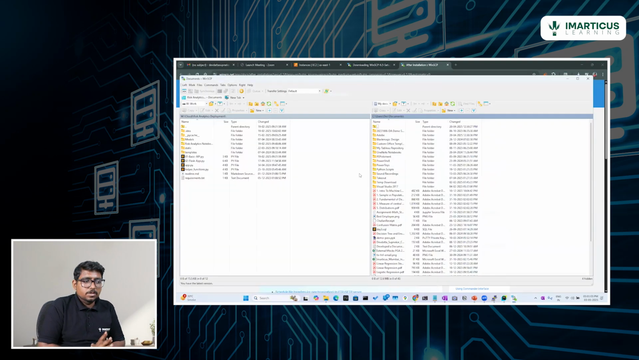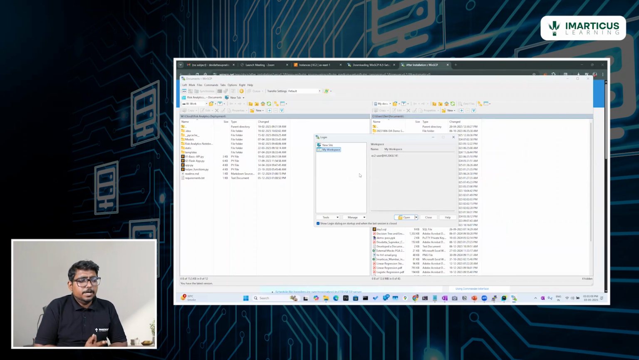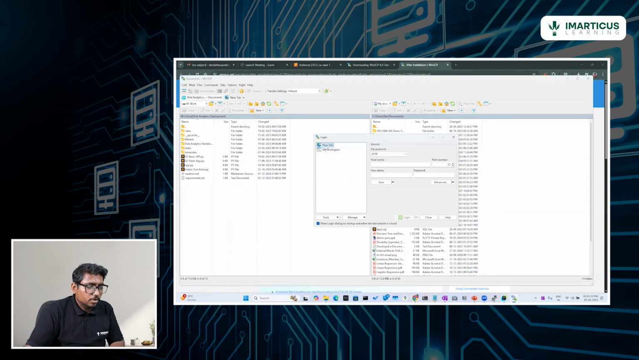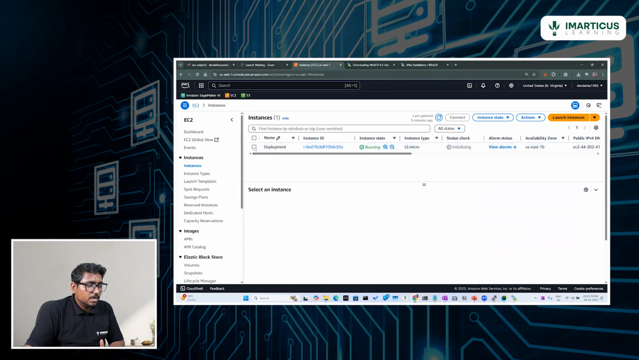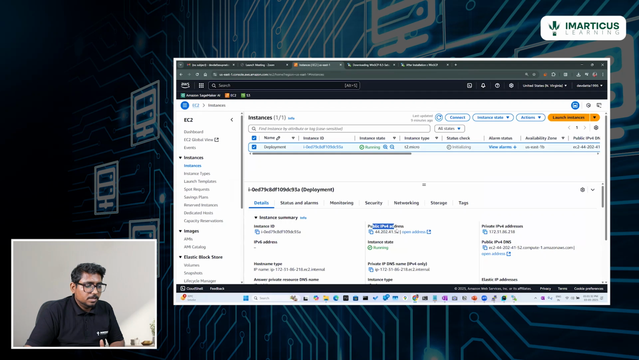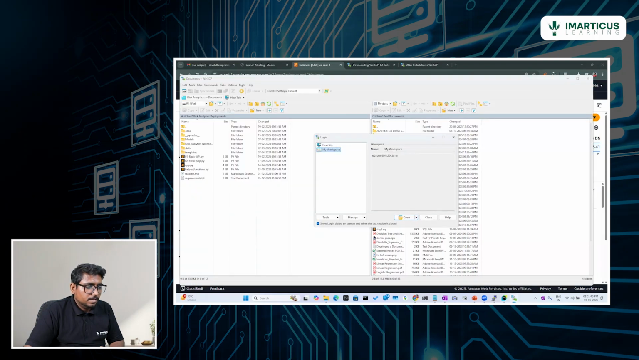Okay, so this is the look and feel of the WinSCP software. This particular software is used to transfer files from the local machine to the cloud machine. For that we need to first create a new workspace. So click on new site and here enter the host name. The host name you will get from the instance. If you select this particular running deployment instance, here you can see this is the public IPv4 address. This is your host name. So copy this IP address and go to WinSCP again, new site, mention your host name, and then go to